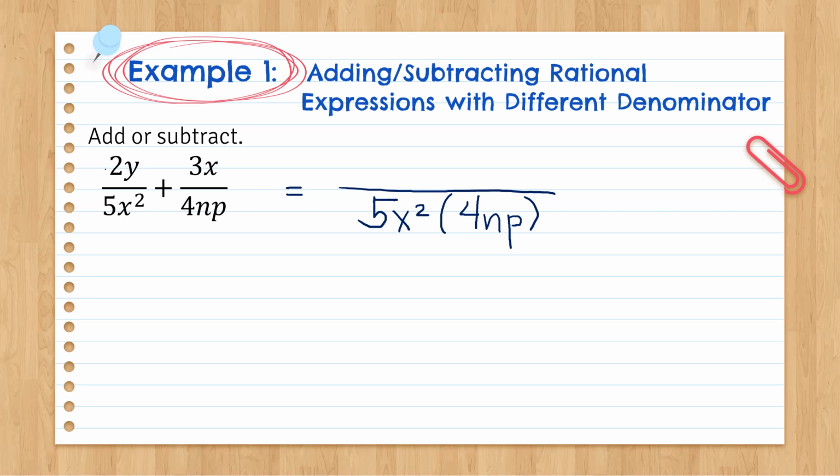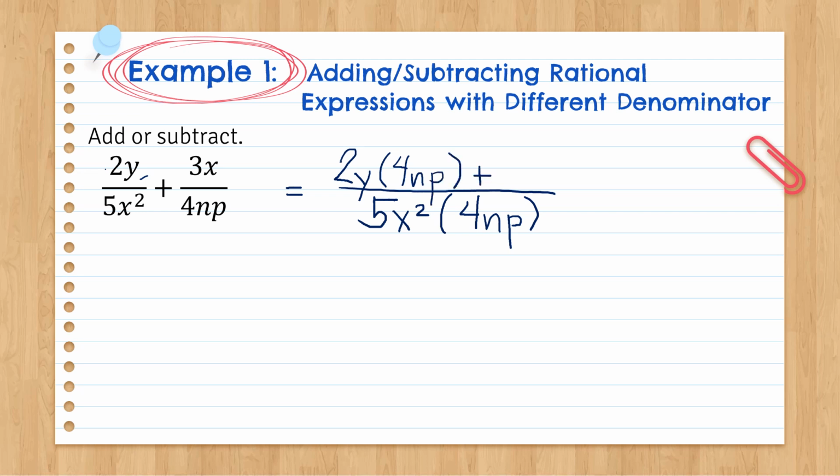So 5x squared and 4np. Originally, on our first fraction, there is no 4np. So therefore, you are going to multiply 4np with our numerator, which is 2y. So we have 2y times 4np